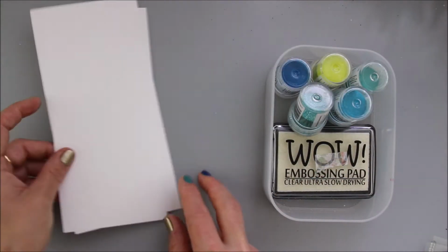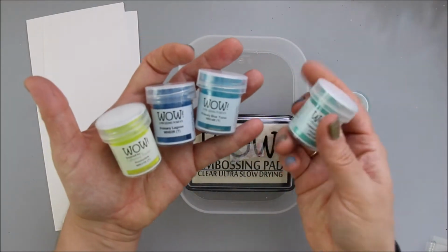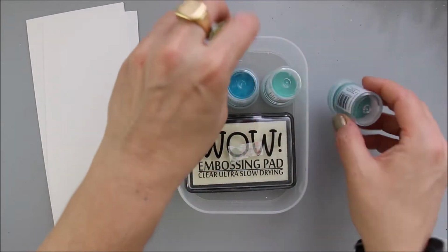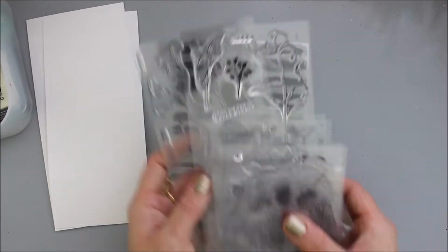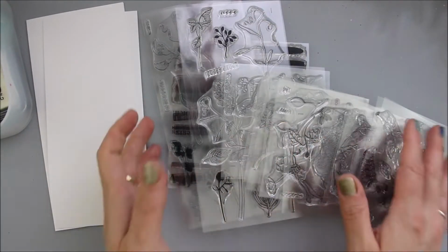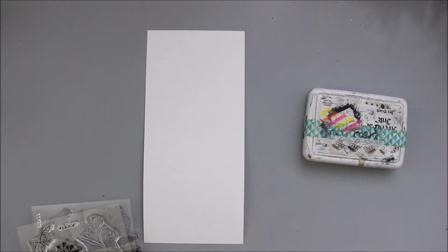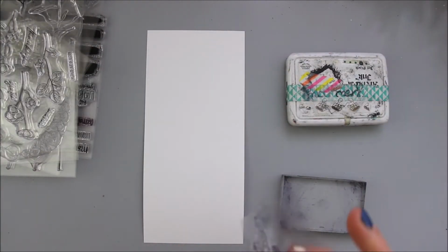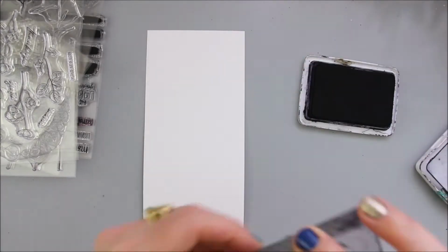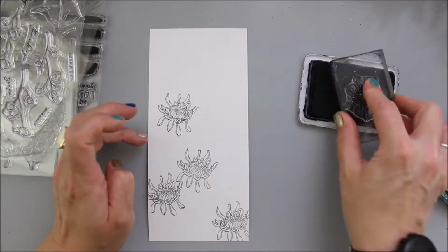Today I'd like to create a card where I use translucent embossing powders over a stamped background. I am using a cardstock panel to work on it, and I'll be gluing the cardstock panel onto my card base at the end of my process. And during the process, I will also create an envelope which matches the card, which is, I think, a pretty